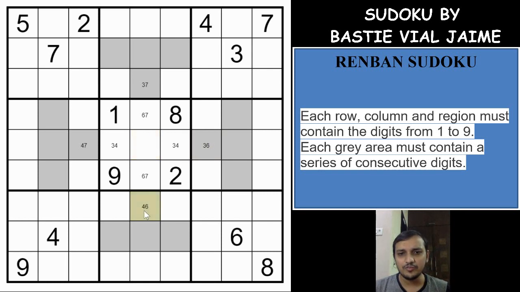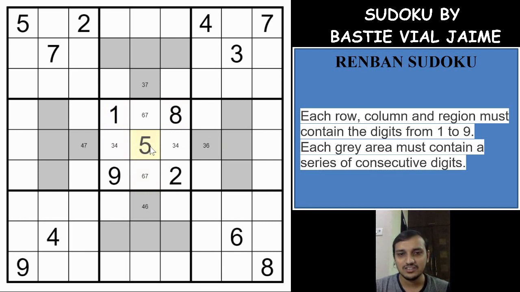So if I took a 4 here and a 3 here, you get a 3, 4 pair here, and because of which you will get 6, 7 here, and you get a 6, 7 pair here. The same way, if I take a 6 here, you will get a 7 here, which will get you a 6, 7 pair here, and 4, 3 will be here, which will get a 4, 3 pair here. It means that this cell is neither of 3, 4, 6, 7 nor 1, 2, 8, 9. That means this cell has to be a 5.